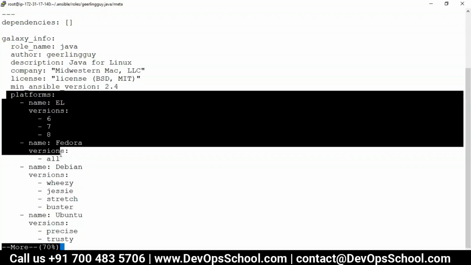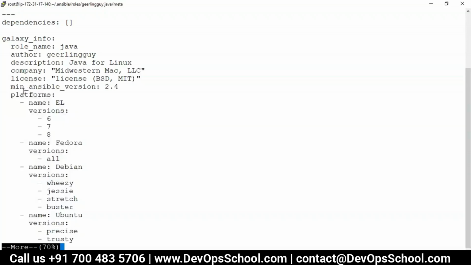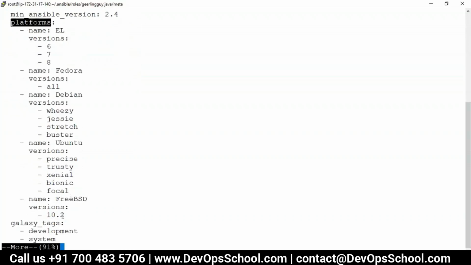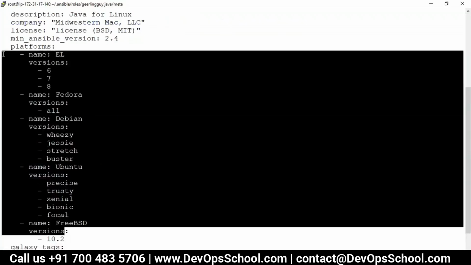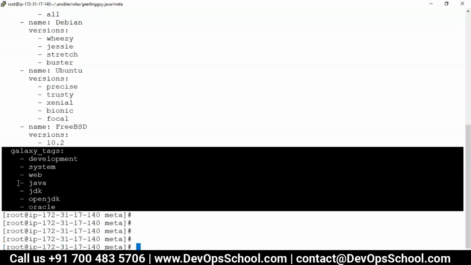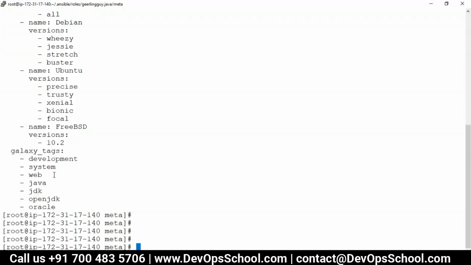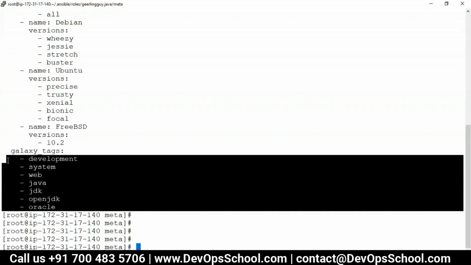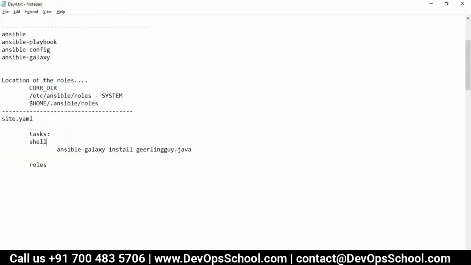This is also important. You are forcing Ansible to run the roles only and only if the platform is this one. Okay, there are some taggings also. These tags you can use to easily locate the runtime environment for your use cases. What is a tag? It's a very simple thing, but you have to use it in context to understand it. So I will talk about this tagging. For the time being, I'm just telling you here.